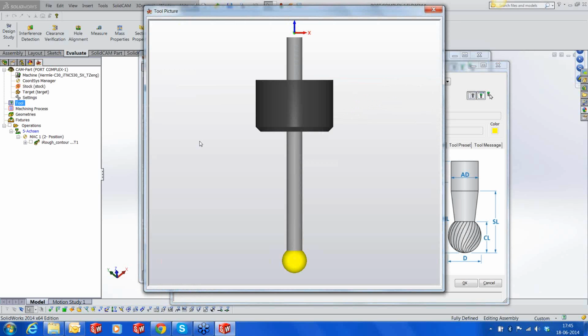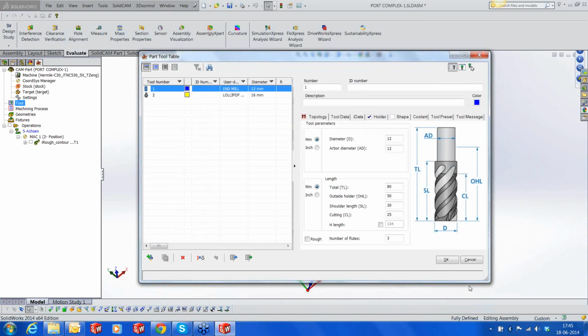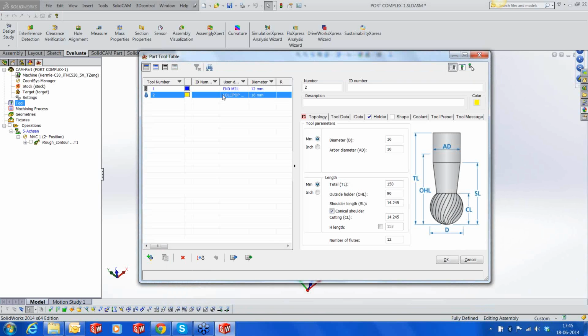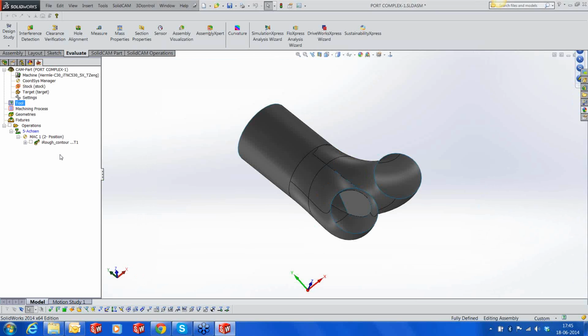Now if I look at the tool, this is how the tool looks like. That's out of the holder and the holder itself. So we're going to use this tool. I'm going to import all of that. So I've got the tool back in my library. And as far as the holder is concerned, I'm not going to use the BT40 because my machine is an HSK machine. So I will use the HSK holder. Okay. Right, we are now set to start our port